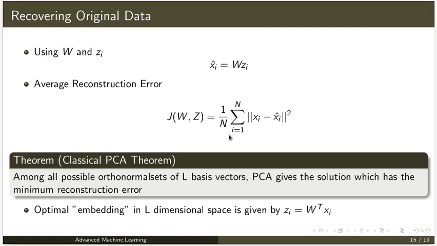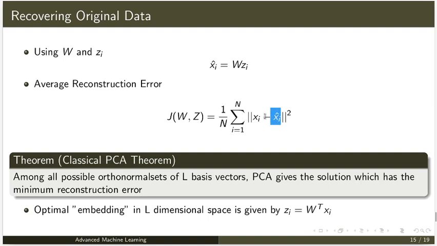We have used only the first L eigenvectors, which means that you have lost some amount of information. So you might not get exactly the same as the original X, but you are getting a value which has lost some information. But you can compute the reconstruction error, or average reconstruction error, J equals 1 by n sigma i equal to 1 to n of xi minus the calculated x, the new x.